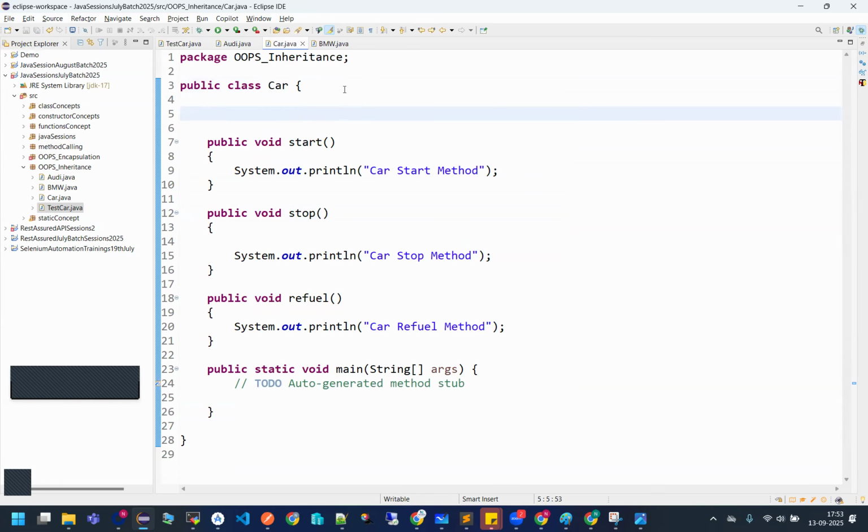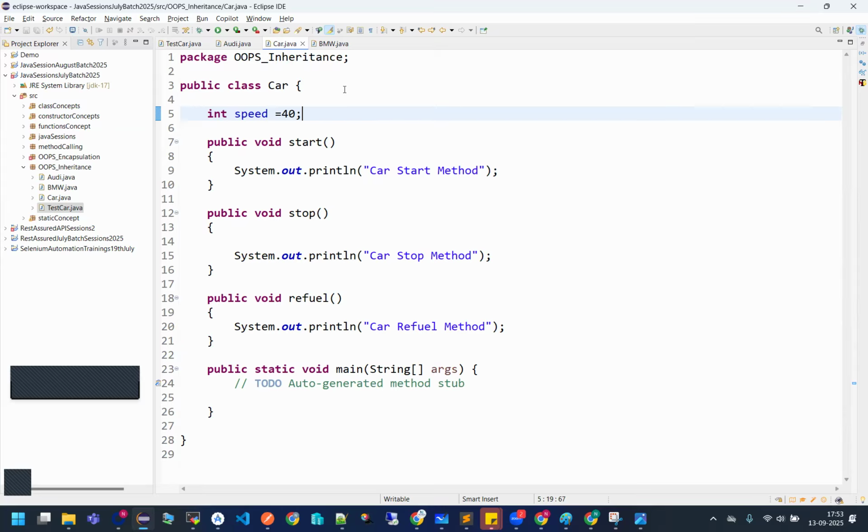Let us try to create a speed variable. Can we create an int speed? Let it be 40 km per hour, and this is the speed of a car. So the car is saying that I am having a speed of 40, so try to maintain this speed. Can we override this